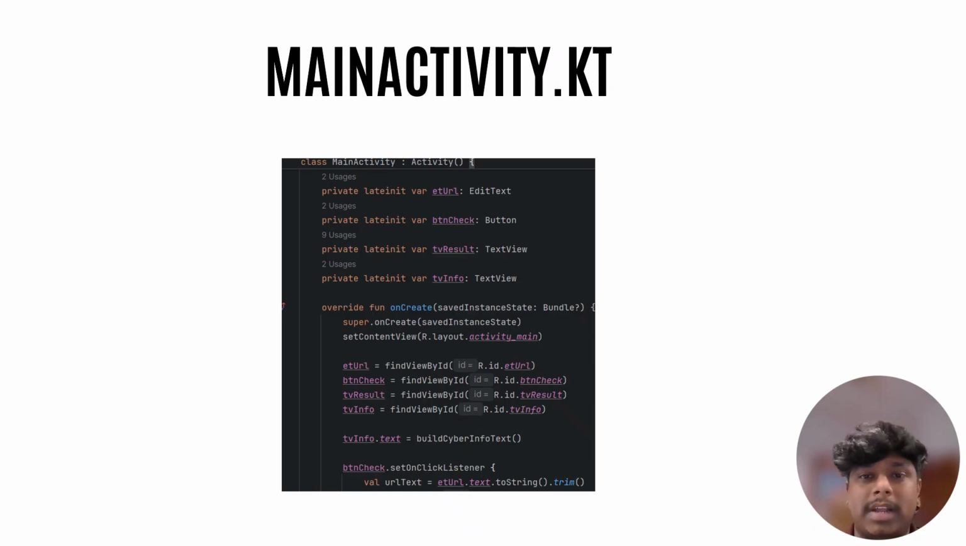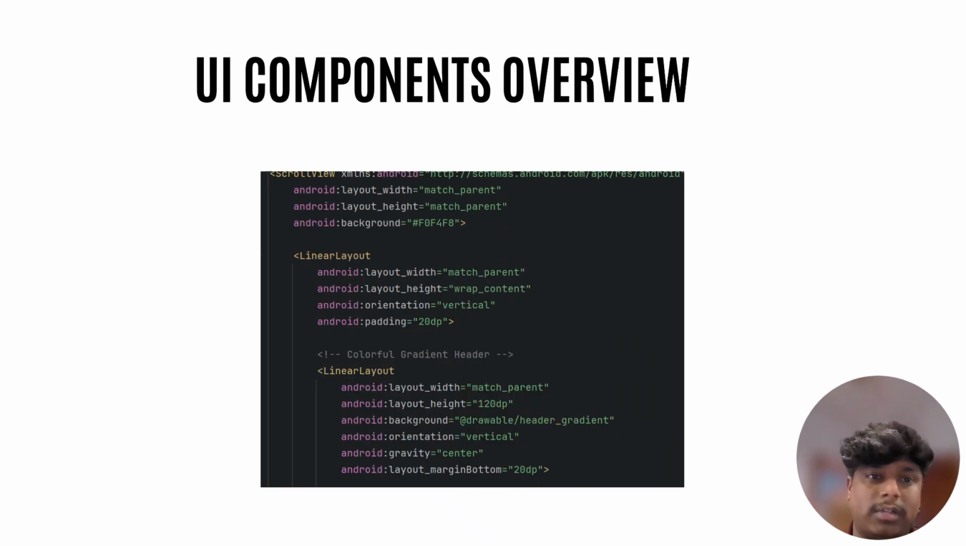So in summary, MainActivity contains the core logic which collects the input, analyzes it and displays the appropriate safety message to the user. So going to the next slide. In this slide, let's look at the UI components used in the application. Our layout is simple but effective, and it contains four main elements. First we have an EditText which allows the user to type in a URL they want to check. Next is a button